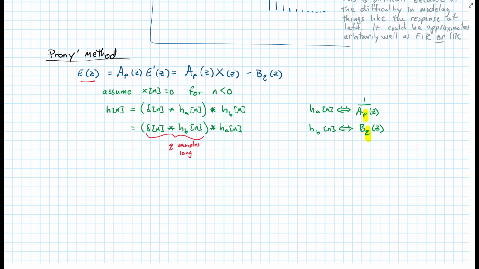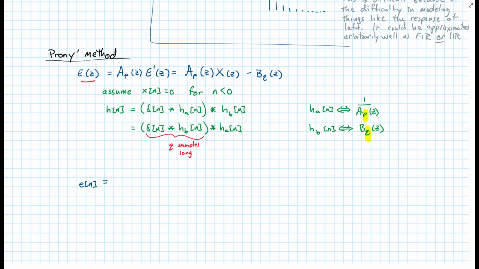So we put an impulse in, and out of the FIR portion we get Q samples. Those samples are each filtered by HA, but after Q time steps, there's no longer an input into HA, and that's a key. And so that allows us to write e of n